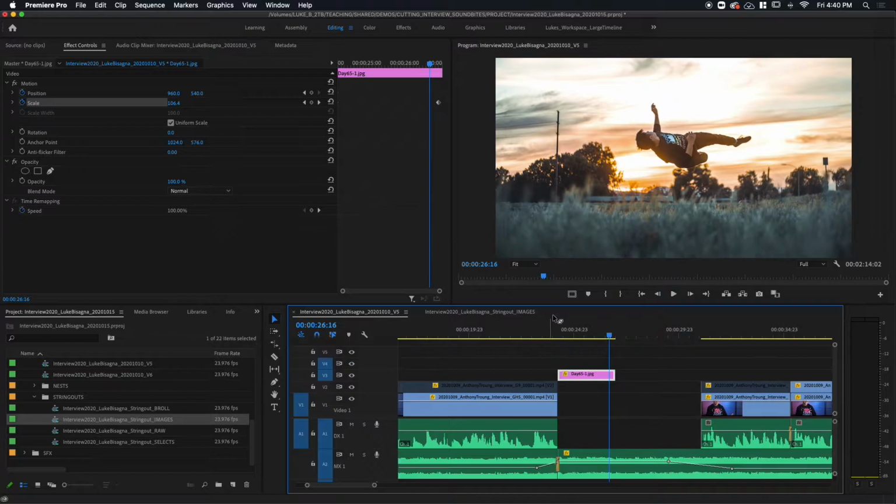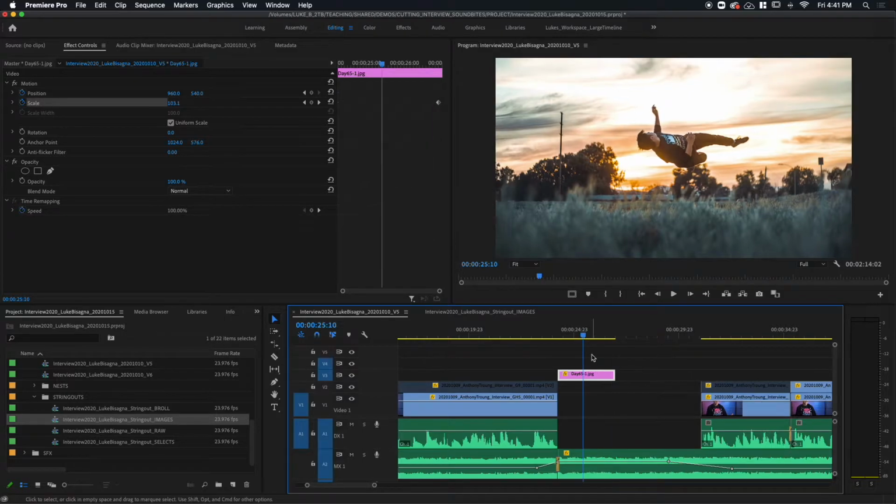Looks cool. But what I want to do is very slightly move it up and to the left just to help maintain focus on our subject in the image here. And what I want to do is line up the end of the position movement with the exact end of the scale movement. So I need to have my playhead right on this keyframe in order to place my next one in position. So how do I get there exactly?